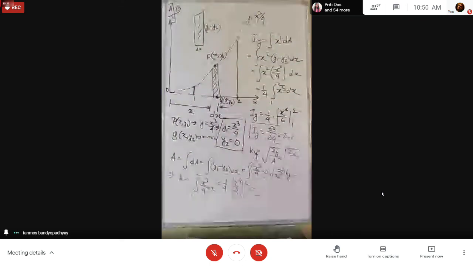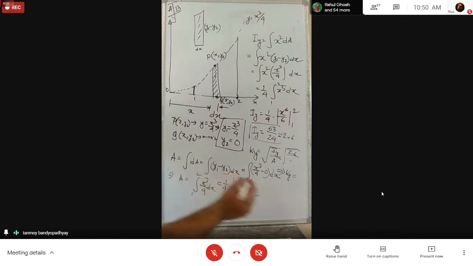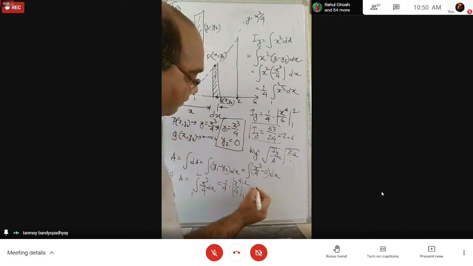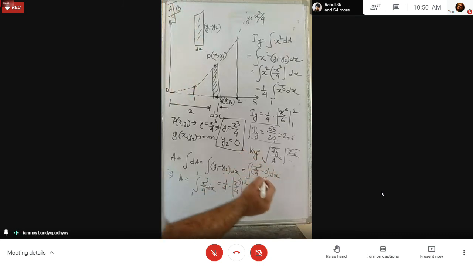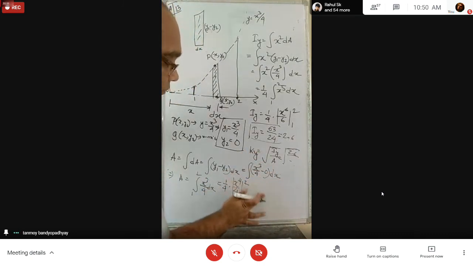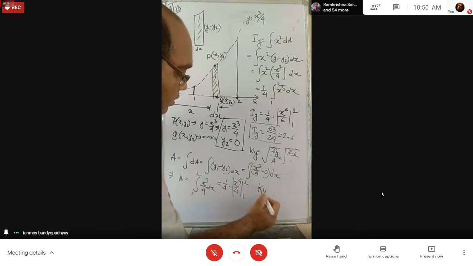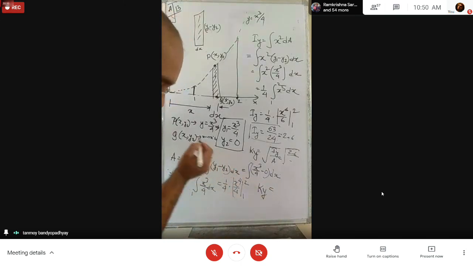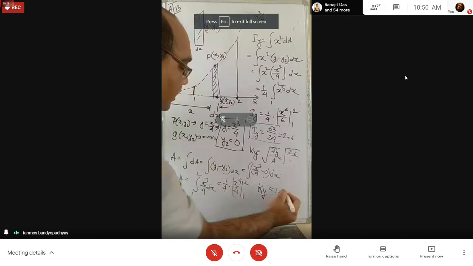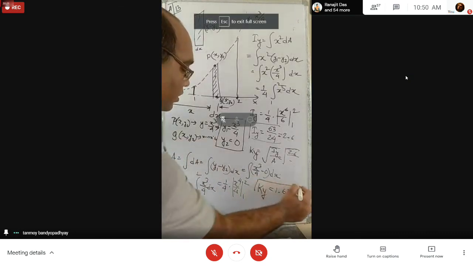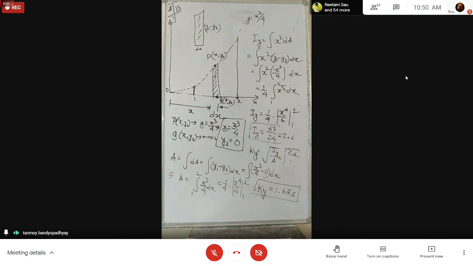Sir, ky is equal to 1.673. So once you do all the calculations, the value of ky, this part is visible, right? Yes, sir, visible. 1.673. So this is the value of ky that you should be getting after calculating the area and dividing Iy by the bounded area. So this total bounded area you have to calculate.